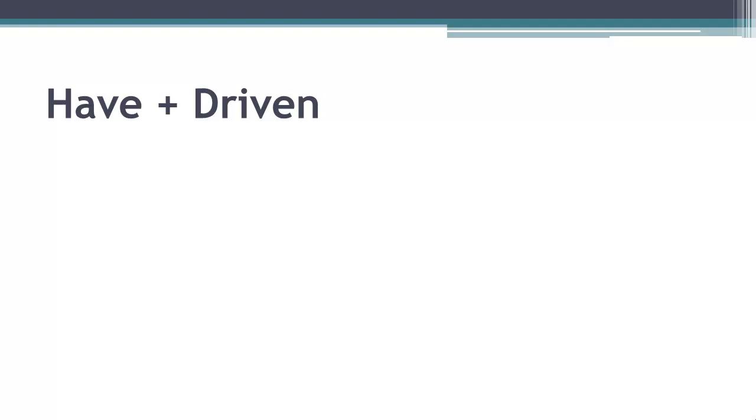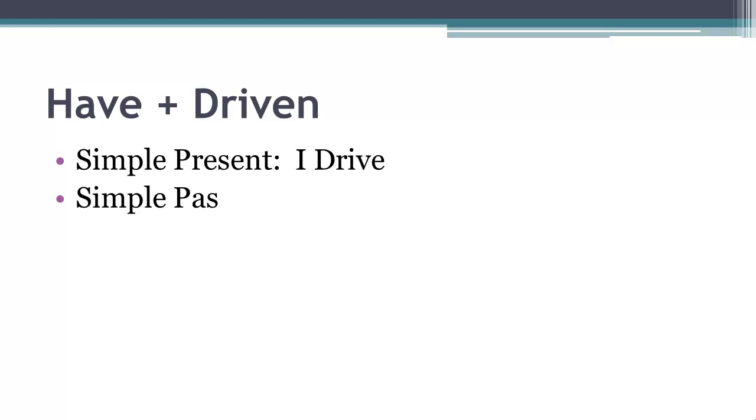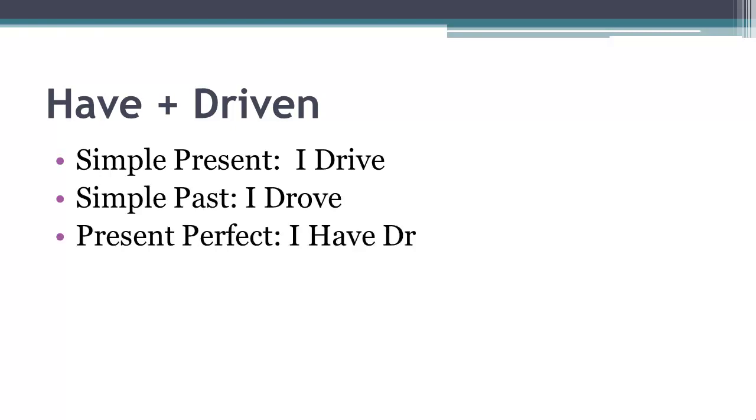Same thing with a verb like to drive. Have driven. In the simple present would be I drive. Simple past, I drove. And in the present perfect, I have driven. So there's not really a specific rule for conjugating irregular verbs in the past participle. You'll just have to look at the lists of irregular verbs, see how they're used, and learn them through use